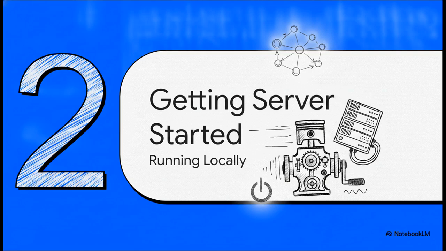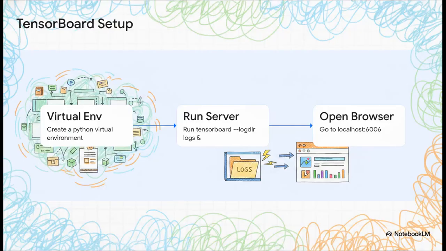Moving on to section 2, getting your server started, running locally. Because, well, before we can actually read the dials on our dashboard, we gotta turn the engine on. The setup here is beautifully straightforward, but it does require a few literal actionable steps. First up, you'll want to create a clean virtual environment for your project just to keep all your Python packages nice and organized. Second, you jump into your terminal and run the command you see here,